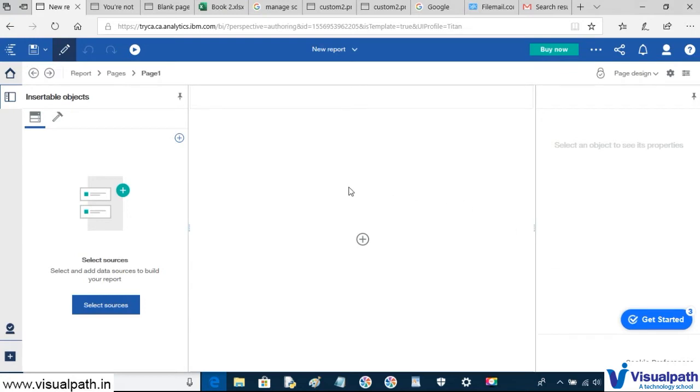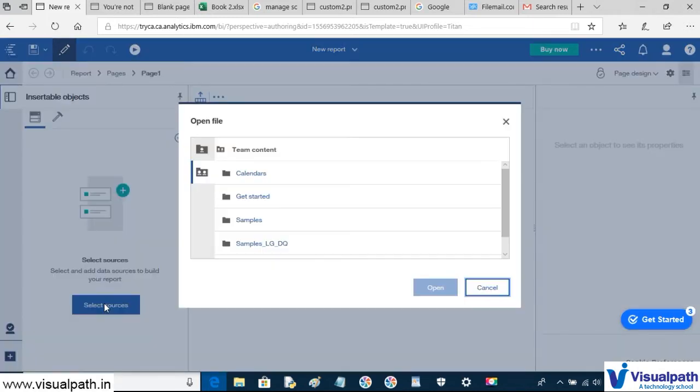Now Cognos is asking us to select the source. Please recall that in our last video we discussed the role of the model. This Cognos report basically acts as an interface to the database. Whatever values we have in the database, we cannot normally access those tables and columns directly, but we need an interface which we call a model and a package. So let's select a source. Selecting the source means selecting a package.